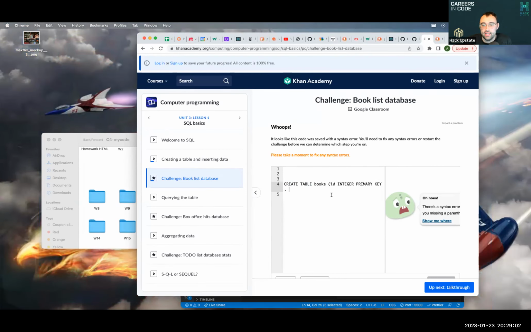So we're going to do create table books, and then we're going to say it also needs to have a name, which is going to be a string. And it also needs to have a rating, which is going to be an integer. Close out our parenthesis,